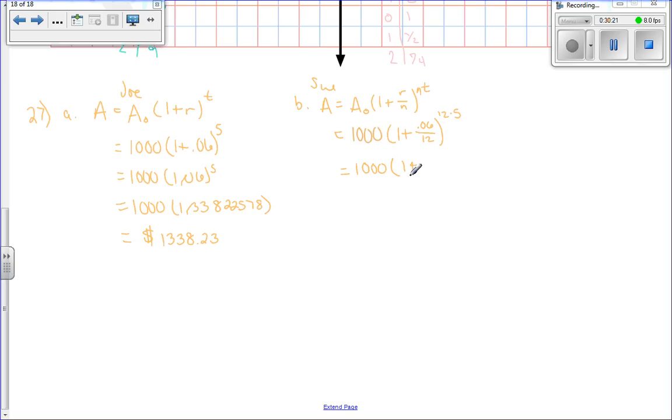When I divide 0.06 by 12, I'll get 0.005. I'm going to add 1, and I'm going to raise that to the 60th power. And when I do that, I get